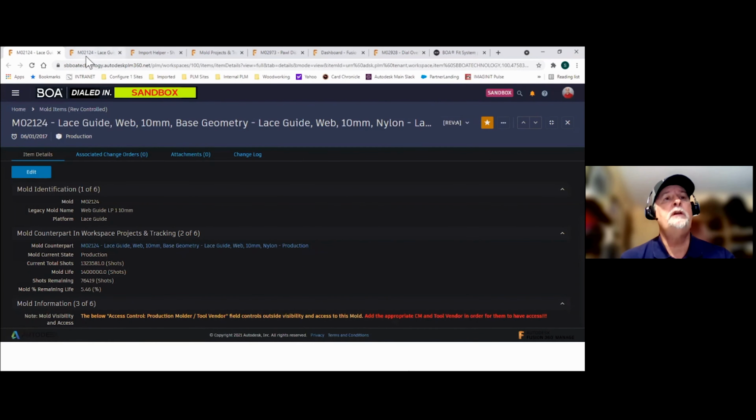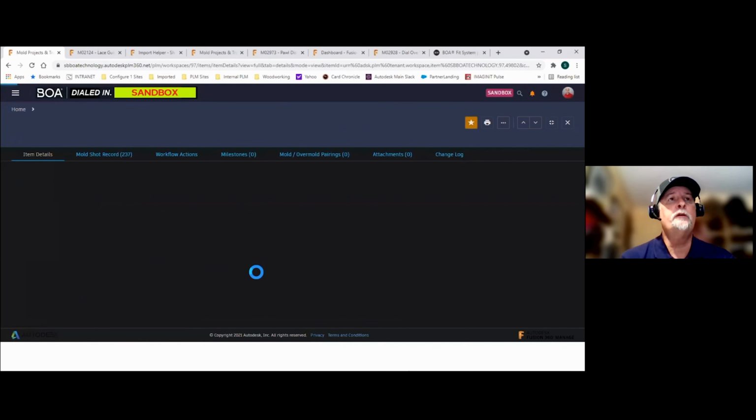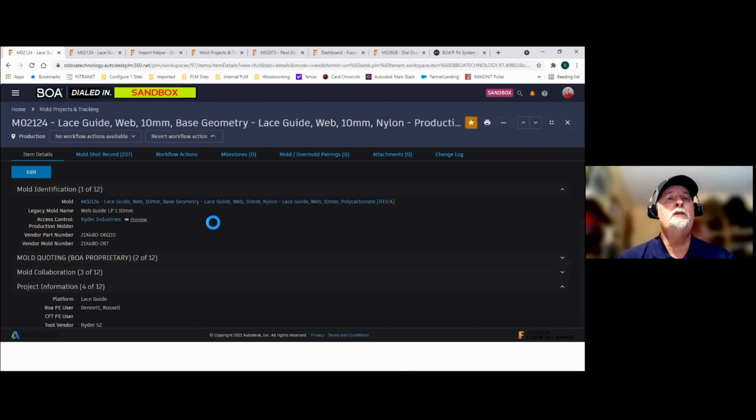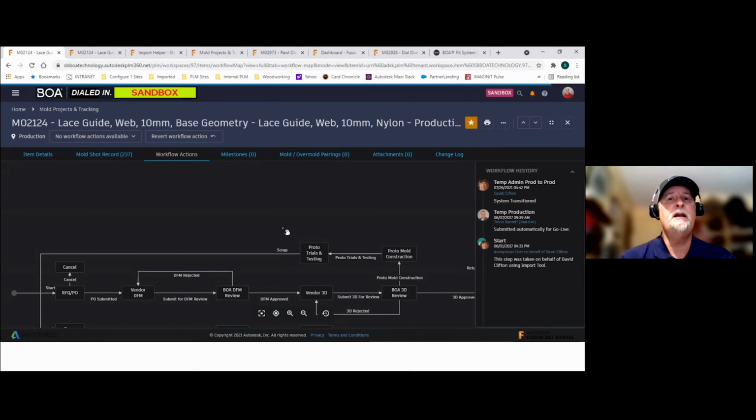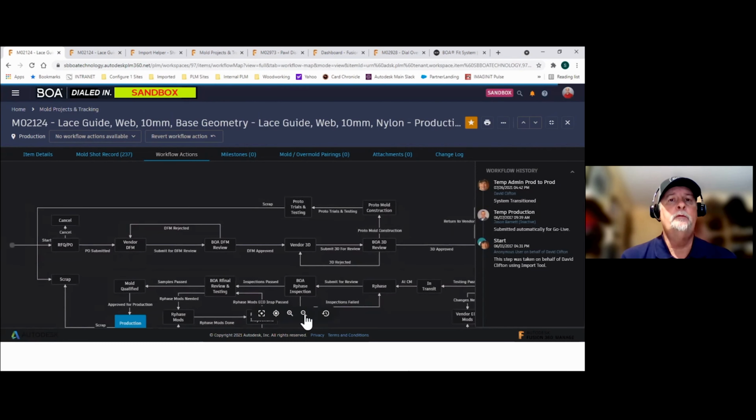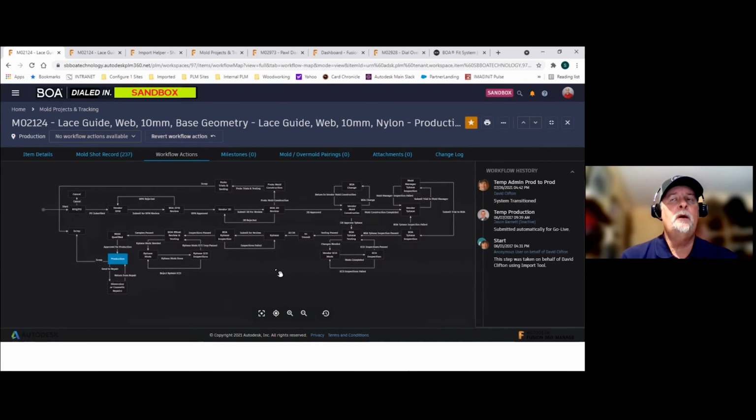This is a quick link to the other mold workspace. This is the workflow managed one. And as you can see, if you go to the workflow actions tab, we have quite a sophisticated workflow for our molds. We'll talk more later about this, but every single one of these states that you see is important for us to establish some statistic measurements and some other data from which we can derive a way to improve the building and the tooling of our molds.